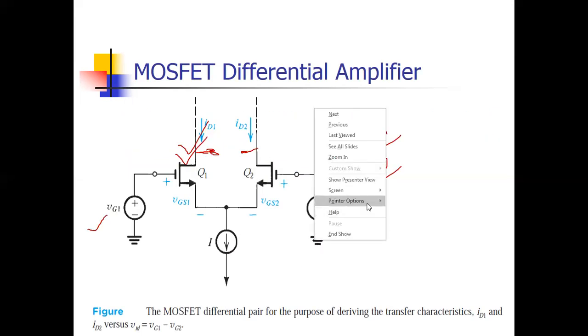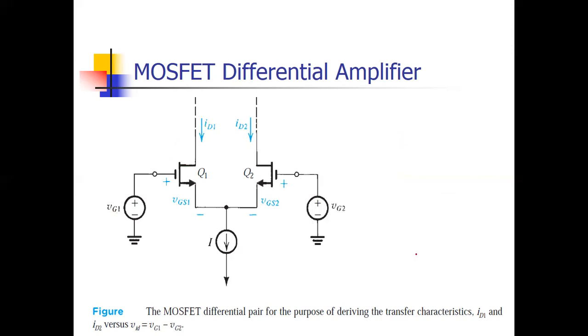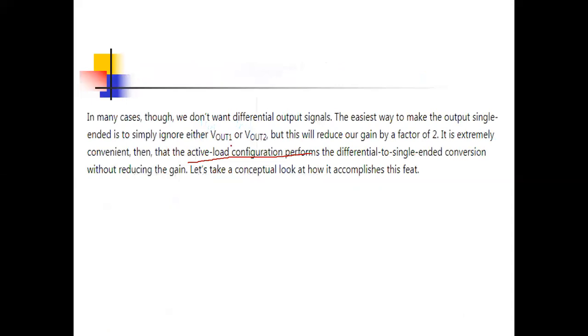Again, listen carefully. Generally, we apply input at both terminals, that is dual input, and we take output from both terminals. But suppose we want to take output from any one terminal, then the gain will reduce at least by half. Taking output from any one terminal is called unbalanced output. In this case, the gain will reduce, but we don't want to reduce our gain. The solution for that is we'll use the active load.